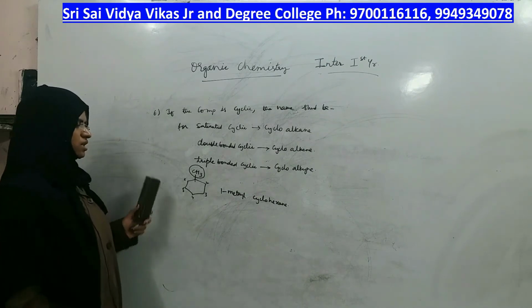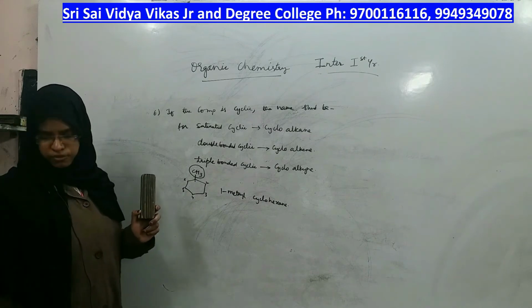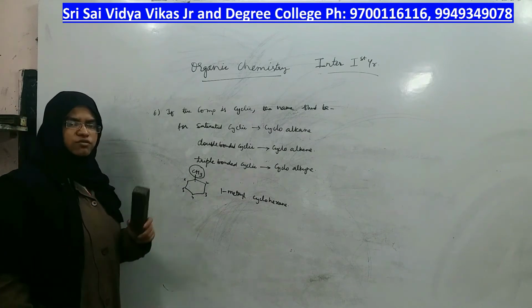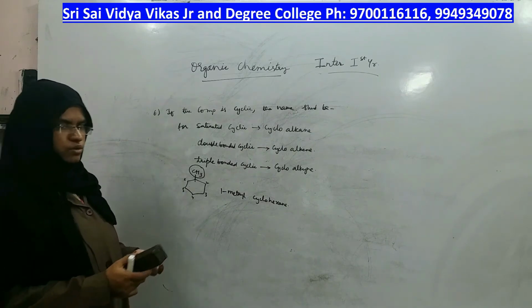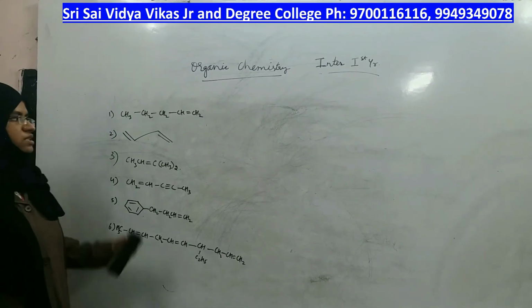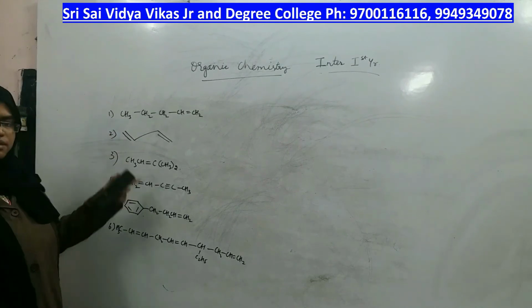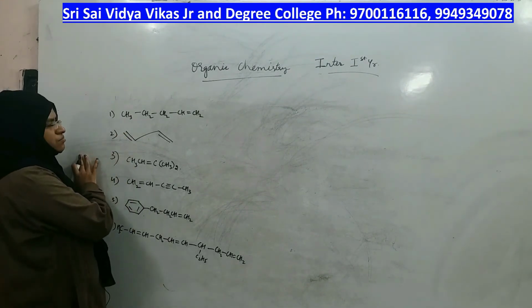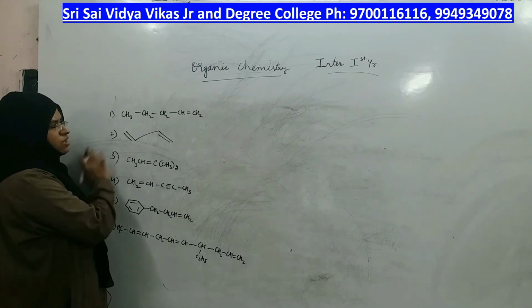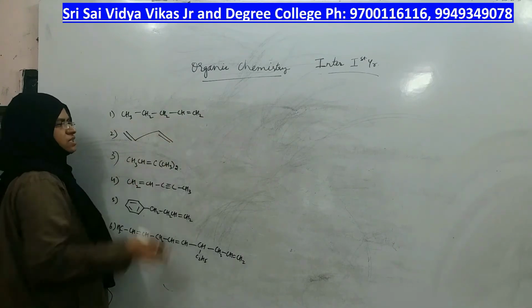Okay. These are the rules for IUPAC nomenclature. And now we will look at the examples of naming the compound. Okay. Now let us give IUPAC name for some textbook questions. Starting from the first compound, what was the first rule? Select the longest carbon chain. There is no branches. Selection is easy.